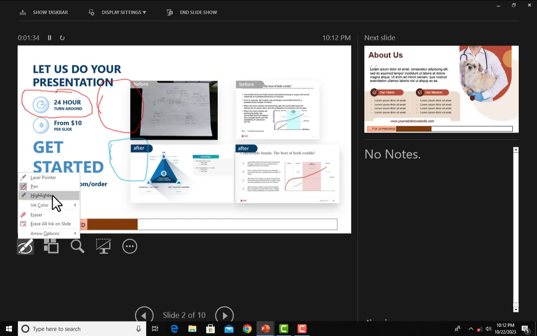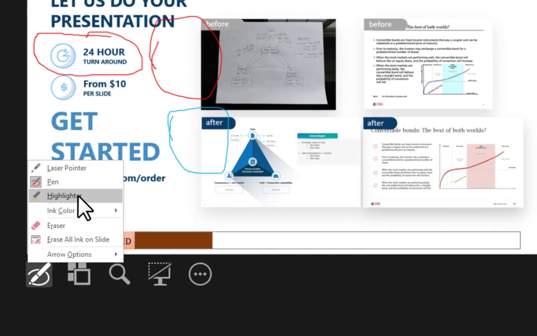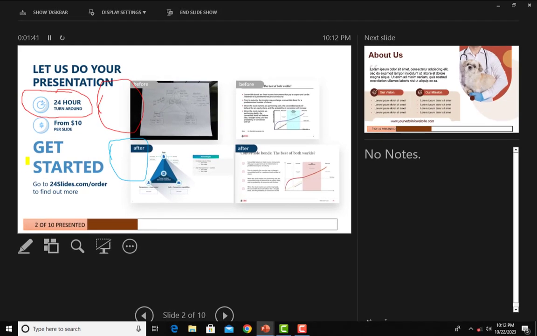Okay, now we have highlighter. The third one here is highlighter. So I may want to highlight a particular area. You can see I'm highlighting started. It will just give it a kind of yellow background. It is not going to erase what is on the screen, but just to draw the attention of your audience